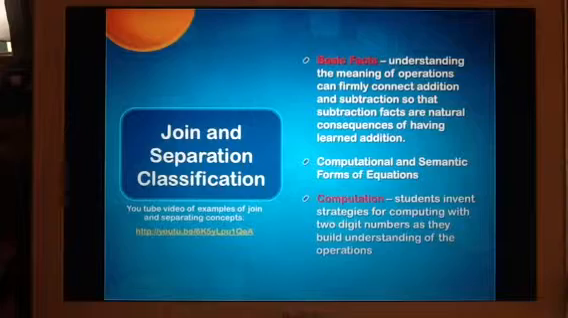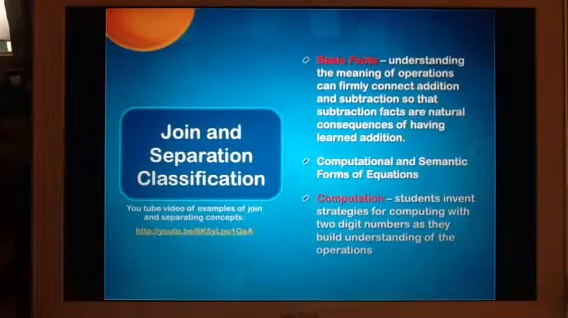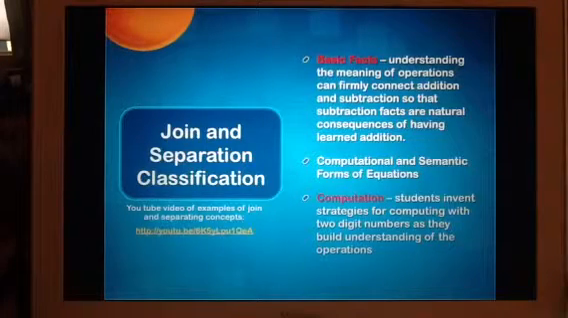Join and separation classifications are important meanings for the learner to know. It is backed up by basic facts and computation. Basic facts is understanding